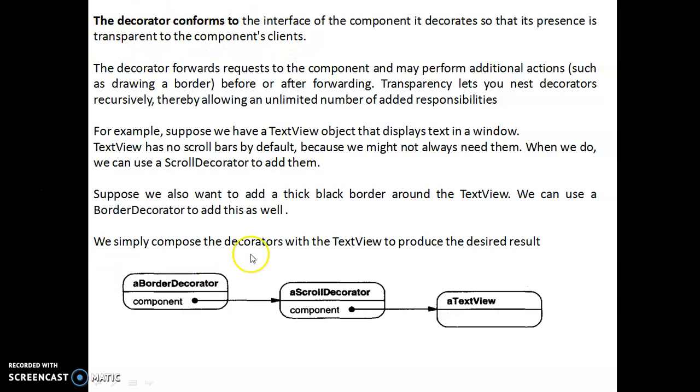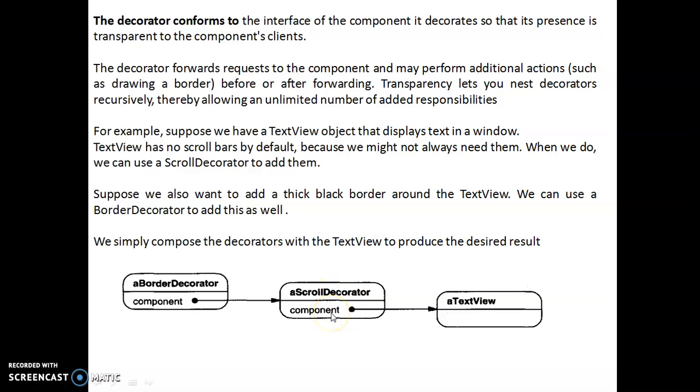See, what this talks about is the figure, whatever is there. This is your parent class. I can see it has one component. This component wants some more features to be included. So one more class is being created: a border decorator, a scroll decorator.